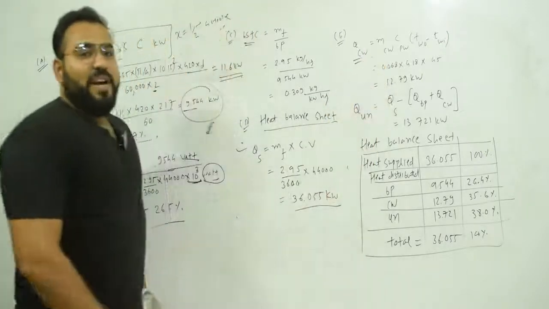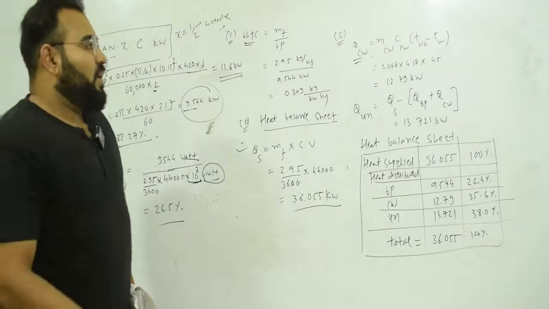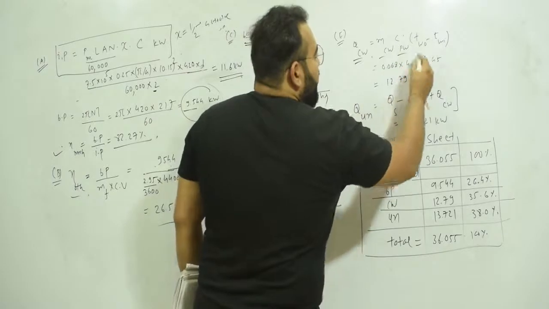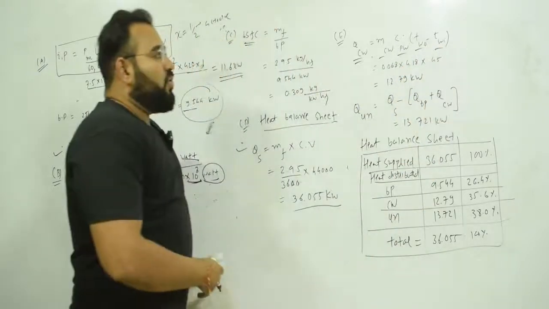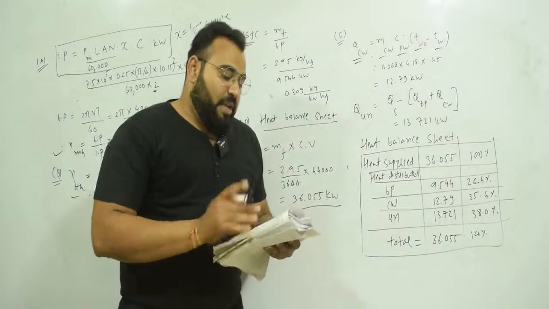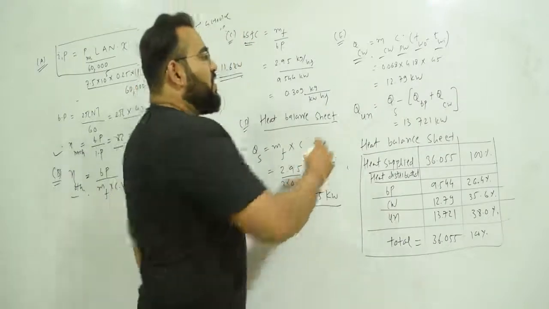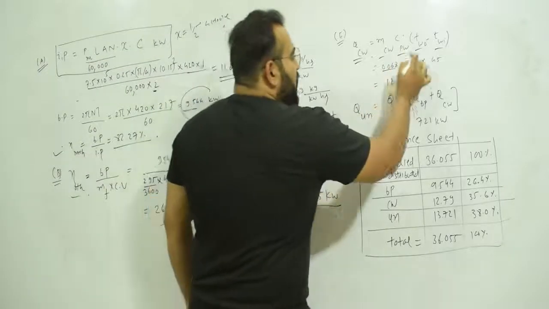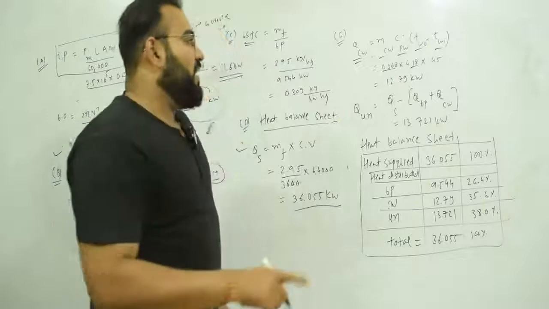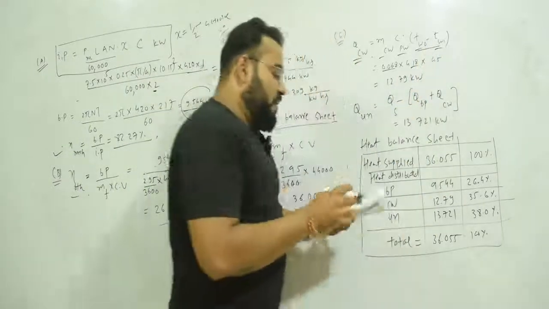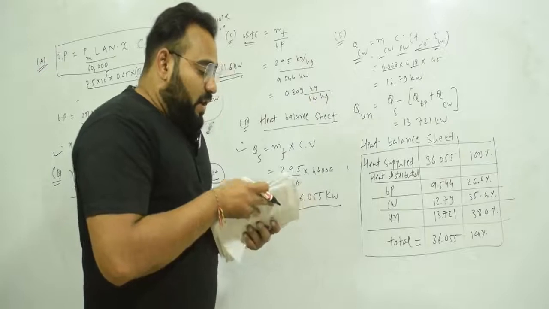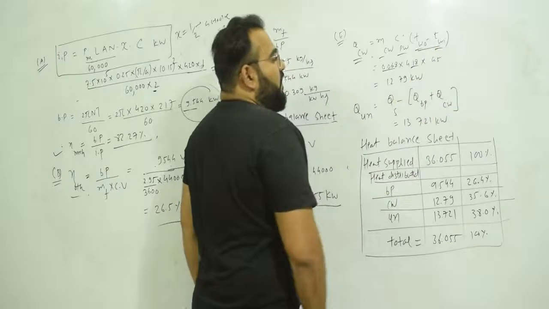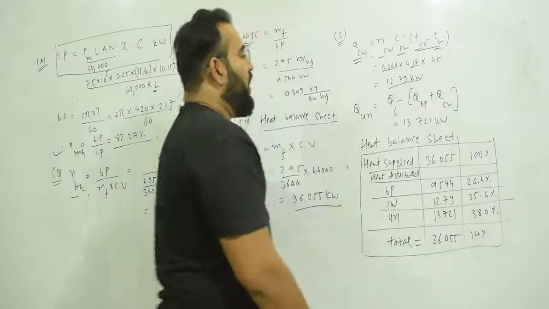So let us find out the spending. First we will find out the heat loss by cooling water. Heat loss by cooling water is mass flow rate of cooling water, specific heat of water, water outlet minus water inlet. Here you can see that in the example they have given the cooling water flow rate equal to 0.068, directly given in kg per second, so no need to convert. Cp of water is given in the statement, which is 4.18, and the cooling water temperature rise is given, so delta T is 45. So this will be 12.79 kilowatt.